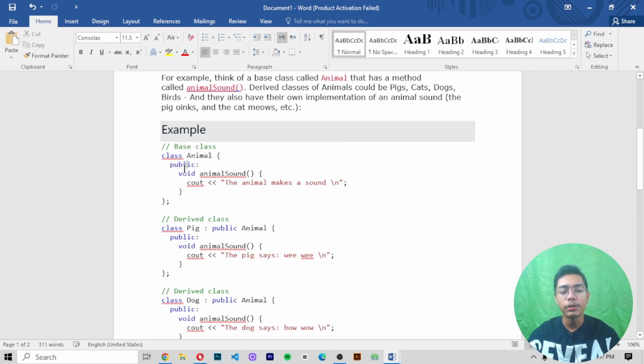With that I am also adding a void, where public is a specifier, and this void is a keyword. In this keyword I'm defining a value which is animal sound, because I want a return value from this class. That's why I'm defining a keyword called void, and after that, in this void keyword, I am using animal sound,